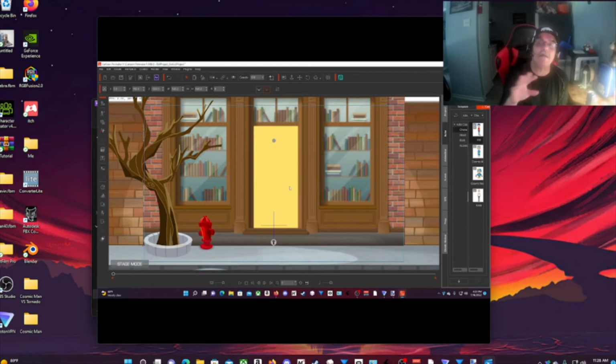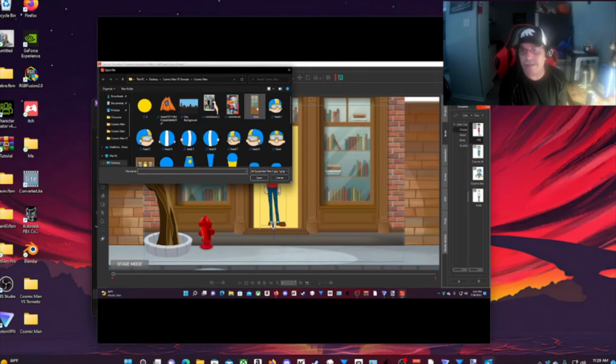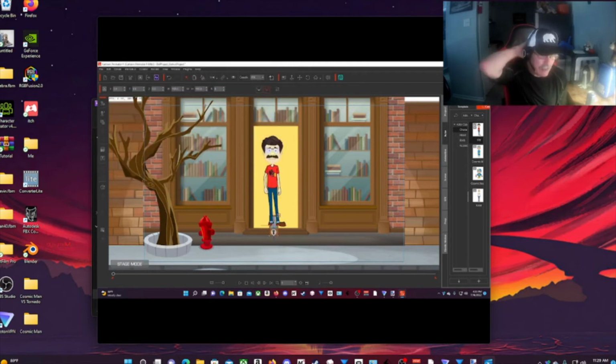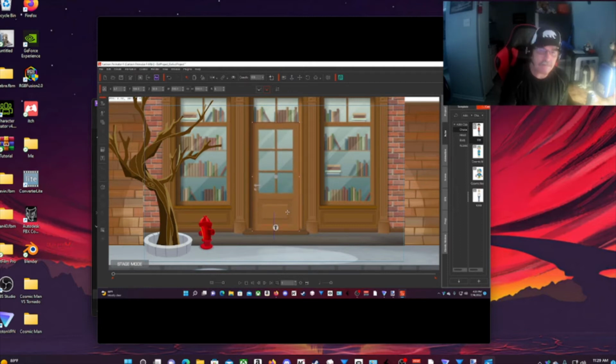Now, I made this character a while back, so I didn't make a video of me making him, and he's made with a G2 character template. I pretty much got the hang of creating my own characters without templates, but when I was first learning, I used templates to make him. And I used the template with Cosmic Man as well because I had to go the fast route because I didn't have much time.